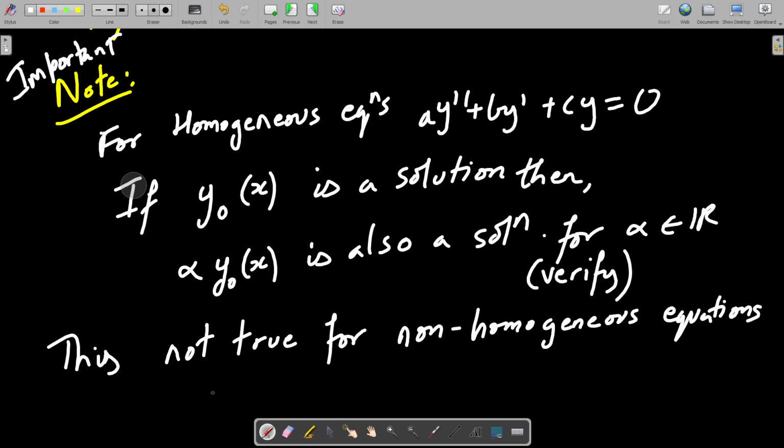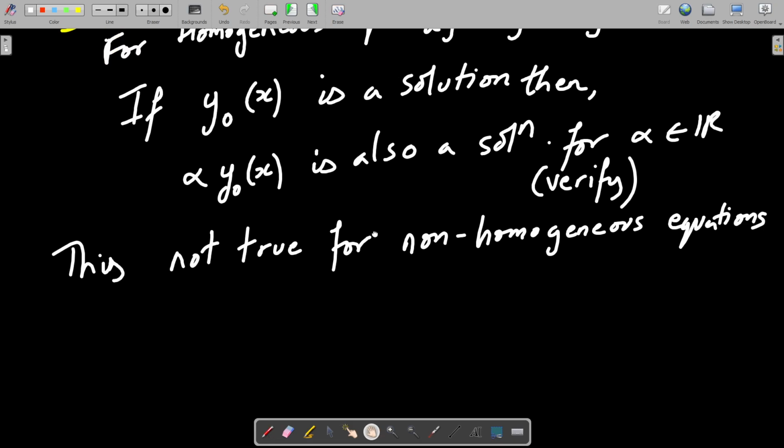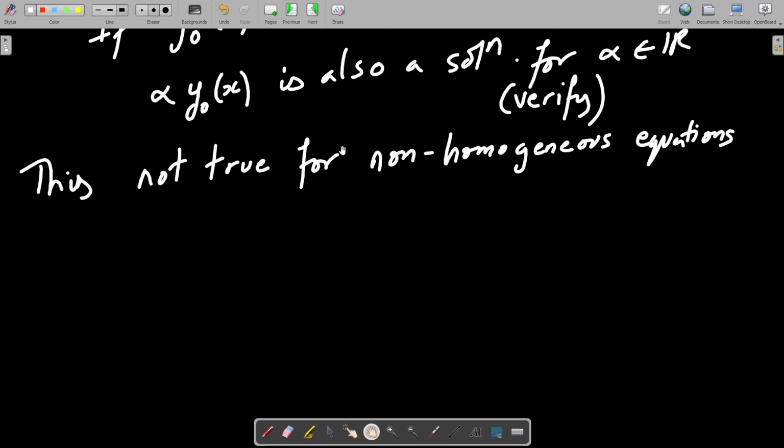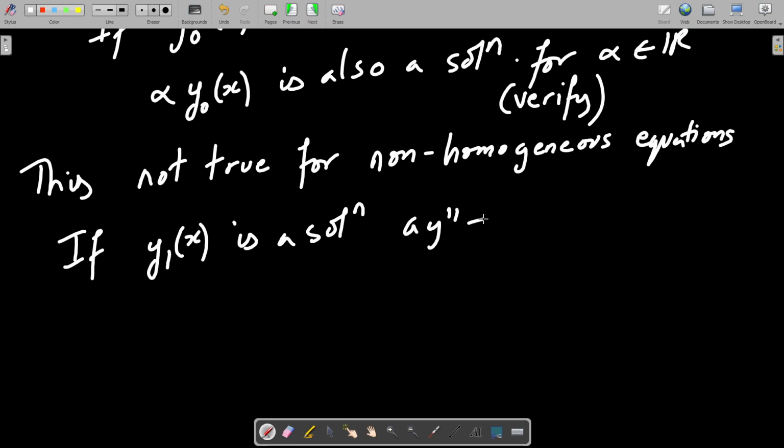You can easily check it. If y1 of x is a solution of a y double prime plus b y prime plus c y is equal to r of x, then